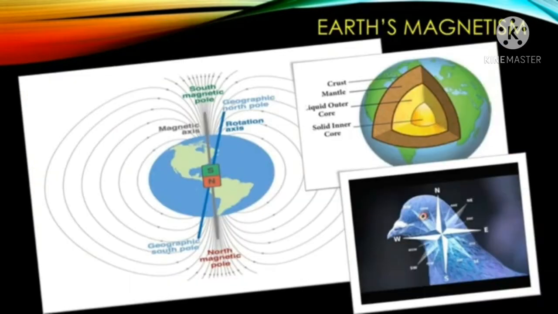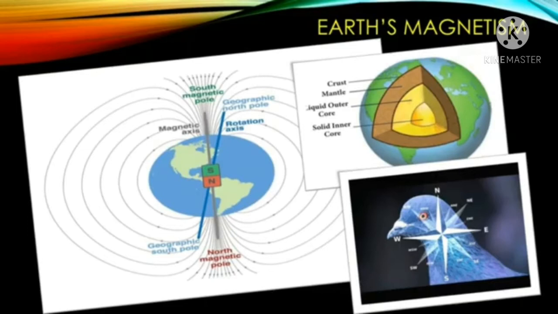Our planet Earth acts as a magnet. Earth has been assumed or imagined by the scientists as a huge magnetic dipole. However, the position of the Earth's magnetic poles is not well defined in the Earth. The south pole of the imaginary magnet inside the Earth is located near the geographic North Pole, and the north pole of the Earth's magnet is located near the geographic South Pole. The line joining these magnetic poles is called the magnetic axis.